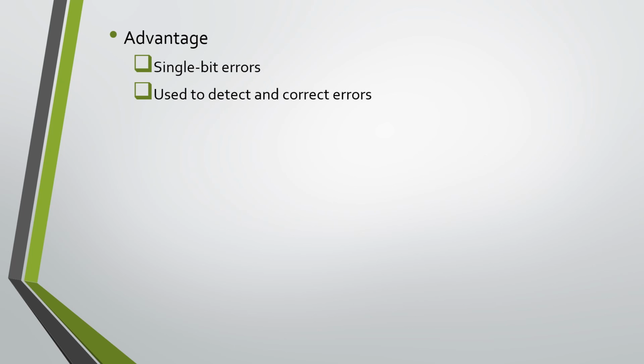Advantages of Hamming code are: the Hamming code method is effective on networks where data streams are given for single bit errors. They are effectively used to detect and correct errors. Hamming code not only provides detection of a bit error but also helps you to identify the bit containing the error so that it can be corrected. The ease of using Hamming code makes it best suited for use in computer memory and single error correction.